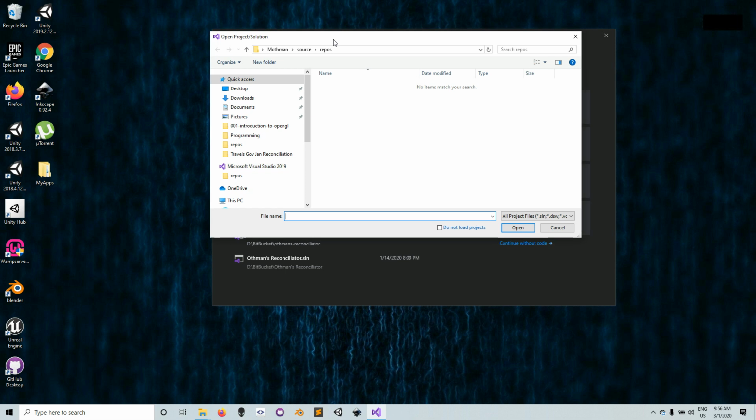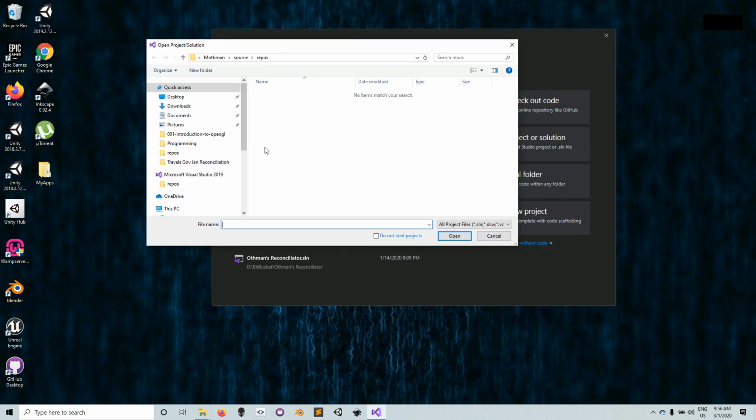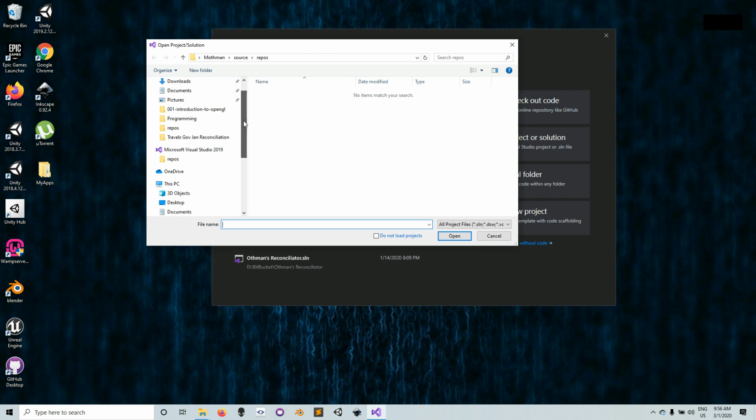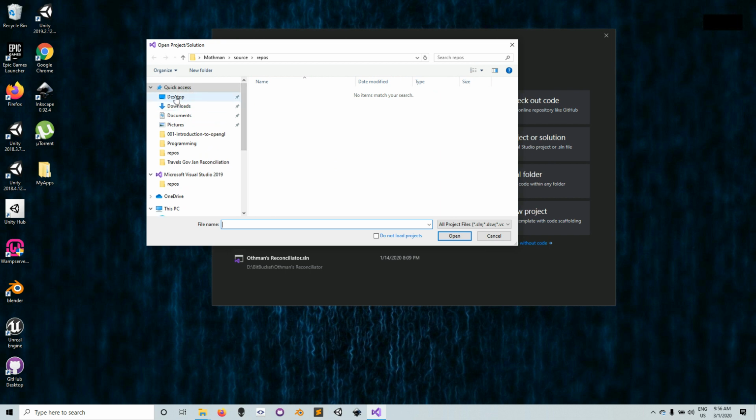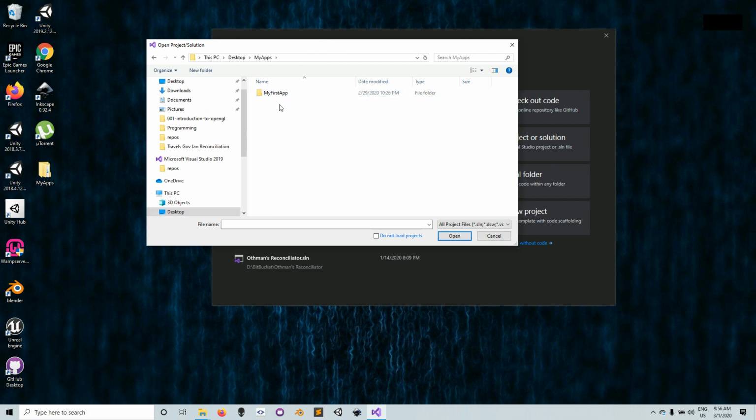It now gives you this browser that allows you to search for the location or the path where you kept the solution. Since we know where we kept it on the desktop, I'll just go to desktop, and then I have my apps folder there. I'll double click on my apps folder, and inside it I have my first app folder, and then you can see the solution, my first